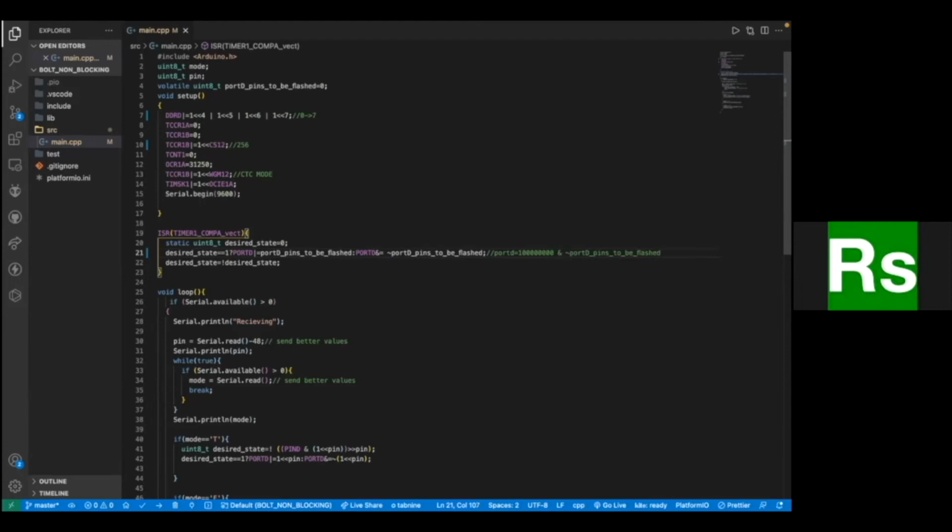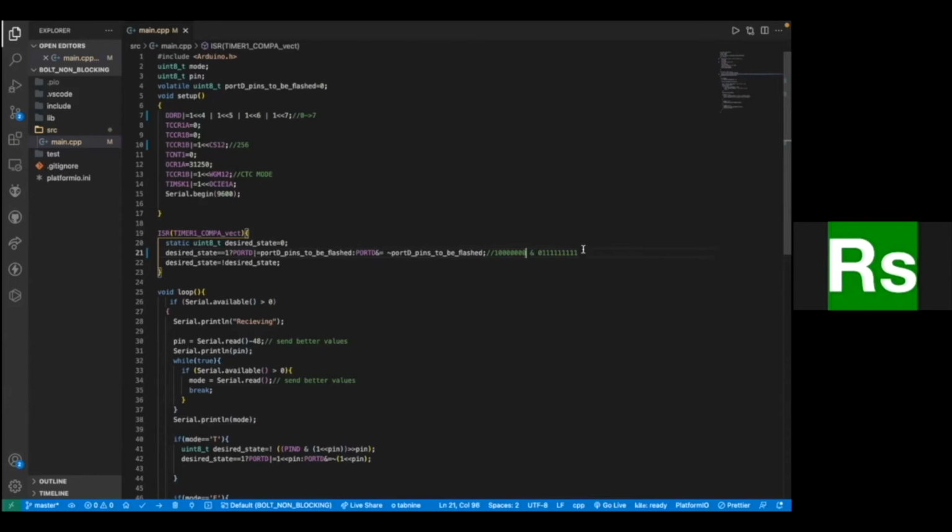To keep it simple, let's just treat this as a number. If I have this number 10000000, and I just want to turn off this bit, what I need to do is a bitwise AND of it with 01111111.